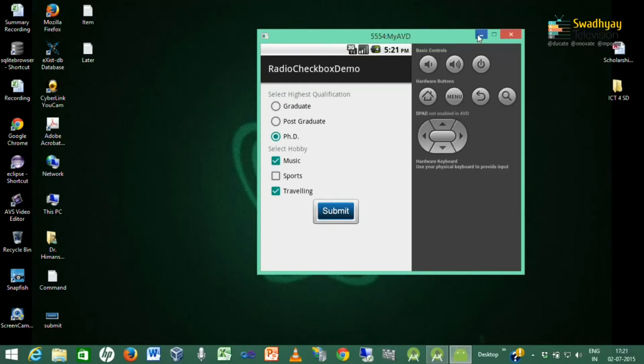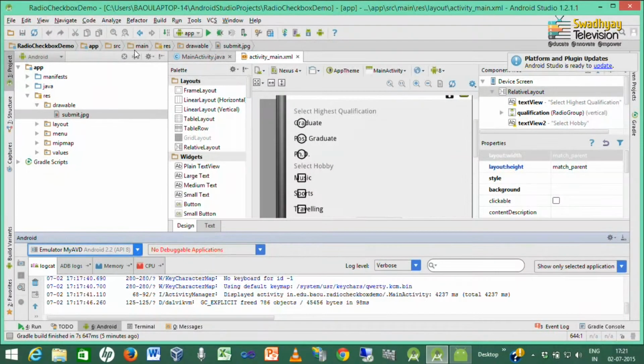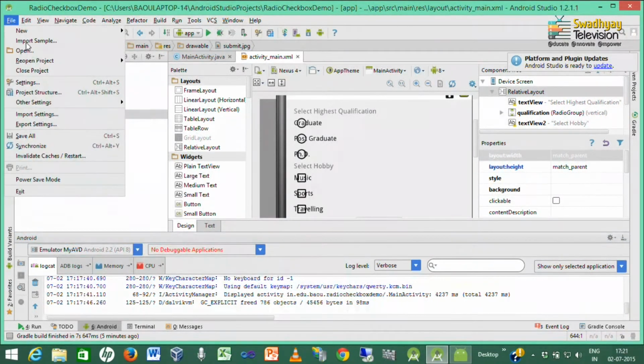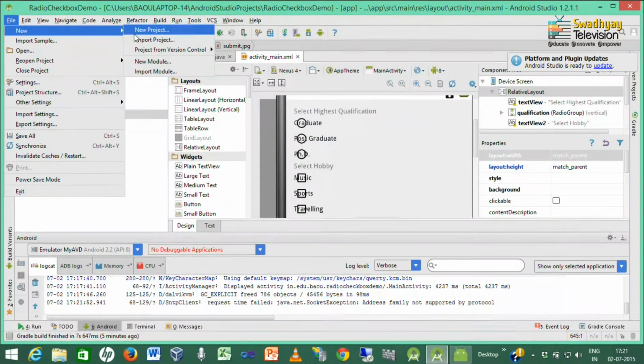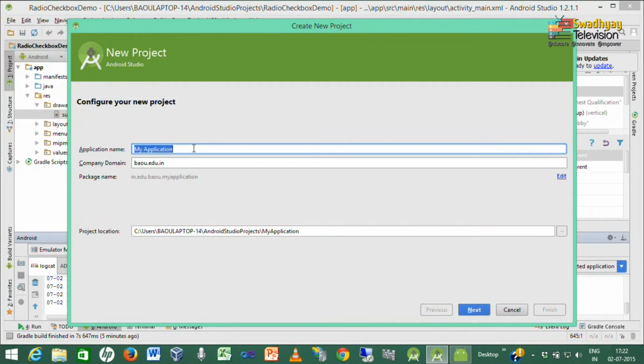Here we go to the file menu and create a new project. Here we have to type our application name, so I give the application name as personal information. We know how to give the company domain and where to store the project using the project location.